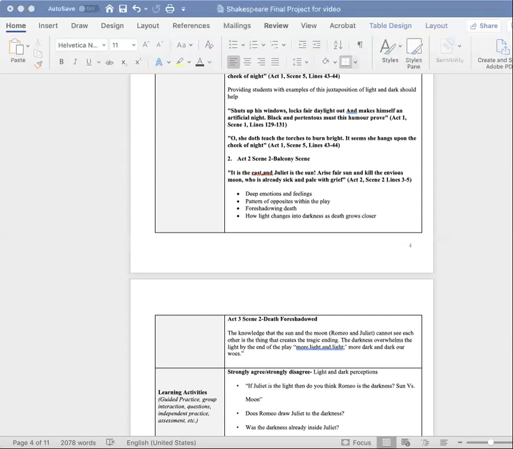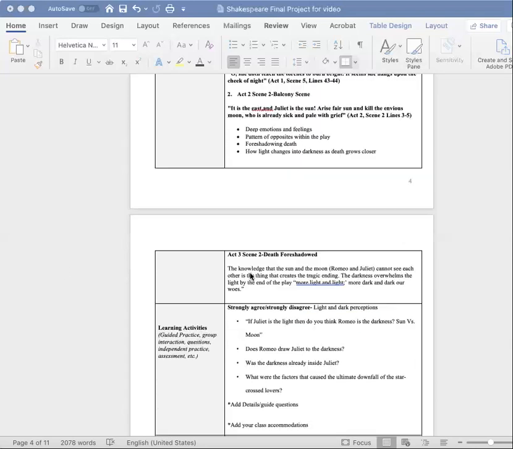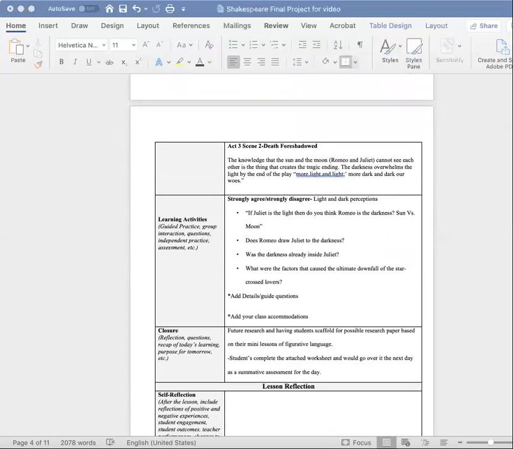And my students discussed whether love at first sight exists and how the emotional aspects of the play, such as love and hate with their families, change Romeo's approach to loving Juliet, or not loving her, depending on how you look at it. The last scene you could look at in this lesson is Act 3, Scene 2,